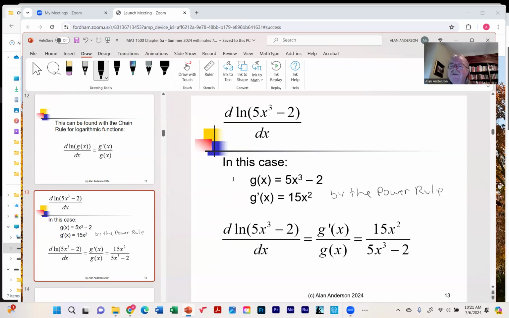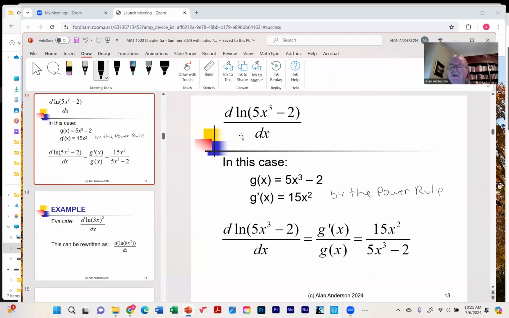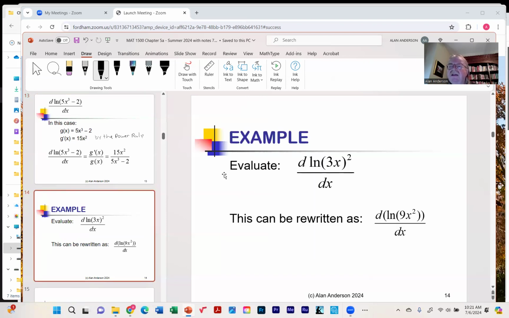Okay, so that isn't too difficult, unless the function itself is a mess, involves sines and cosines, and it could, by the way. It's possible to take a log of a trigonometric function. Now, what about this one? We have to be careful with the notation. This is the same thing as